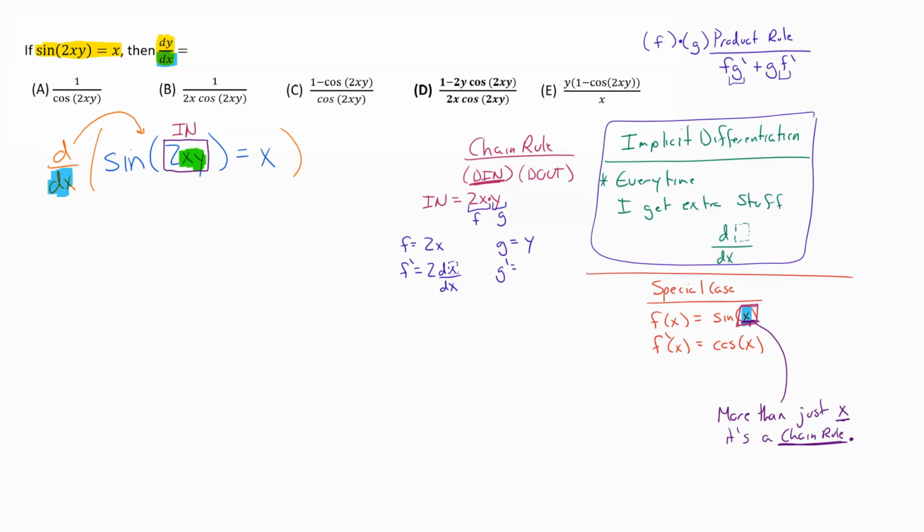The derivative of y, that's a power rule, that would be 1. I took the derivative of a y, so I get a dy dx. I filled that box in with a y this time. So then, putting all of that together to get me my d in, which is really where I was going for all of this,